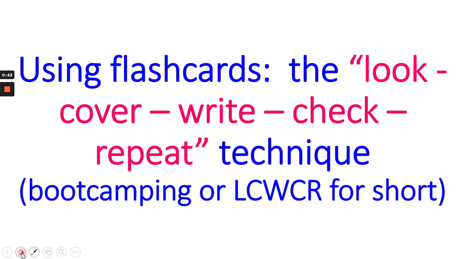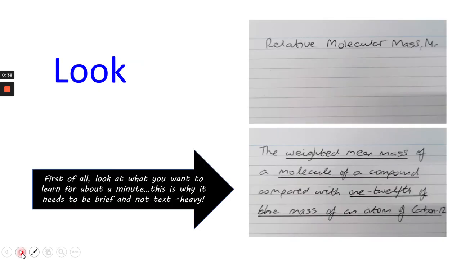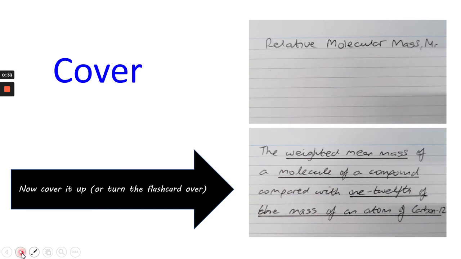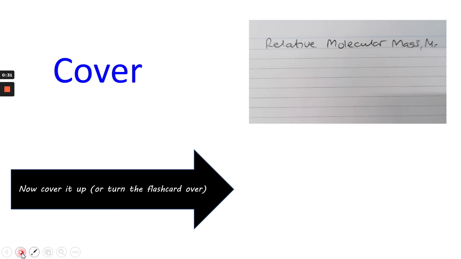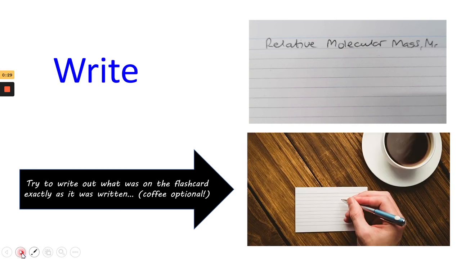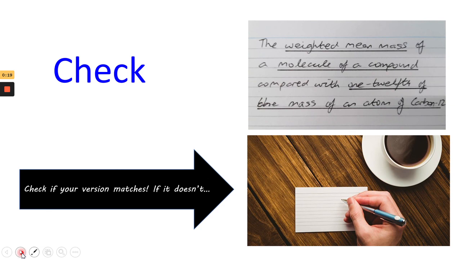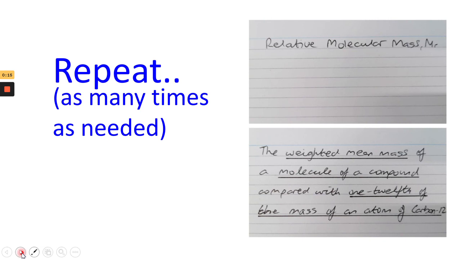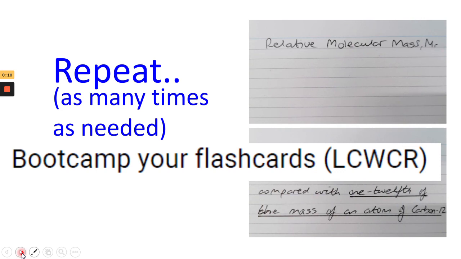So a quick look at the look, cover, write, check, repeat technique that was spoken about earlier. First thing is to take your flashcard and have a look at it for about a minute, and then cover it up. So you cover it up and see if you can repeat what you've written. So you don't have to take a new flashcard, you can take a scrap of paper. You don't have to have a cup of coffee in front of you, obviously, but then what you have a look at and see if your version matches the version that's written on the flashcard. And then repeat it as many times as necessary until you get it right. This is called boot camping, and it's really